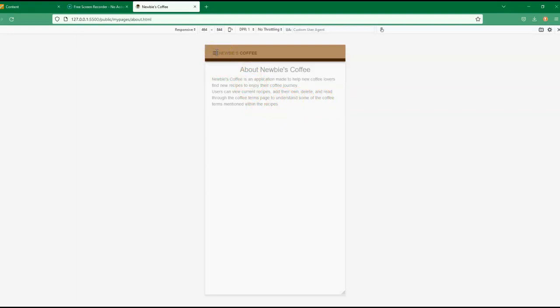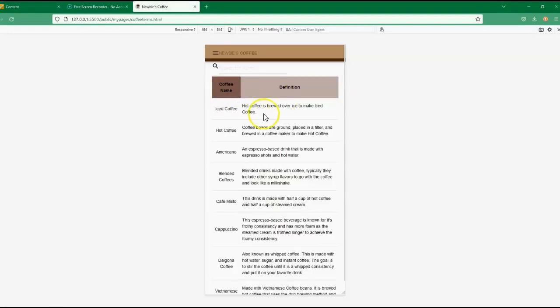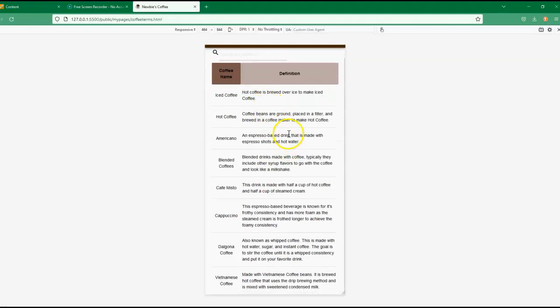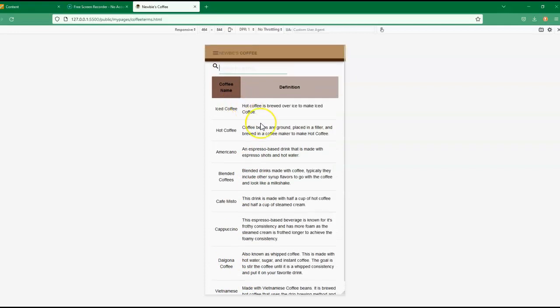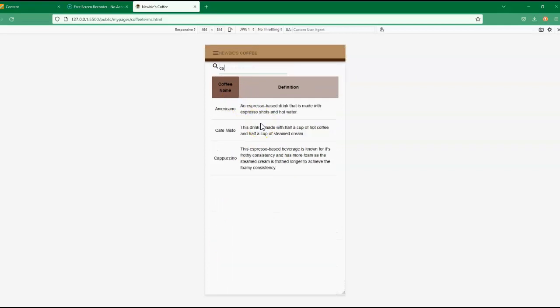I thought it would be helpful to include a little book, kind of like a little booklet on coffee terms, and I also made it searchable because not a lot of people know like what Vietnamese coffee is. A lot of people don't know what a cappuccino is. And just to show you guys how this works,